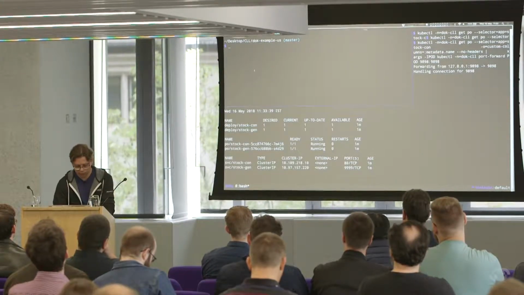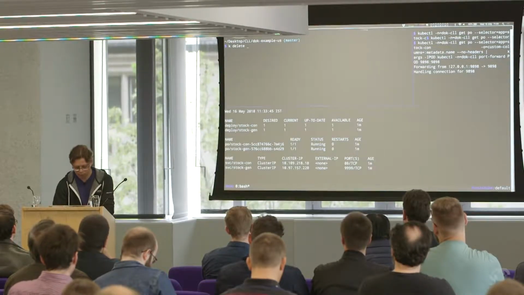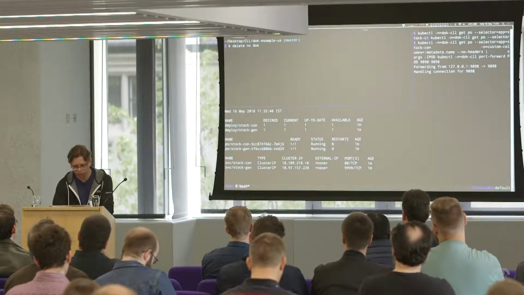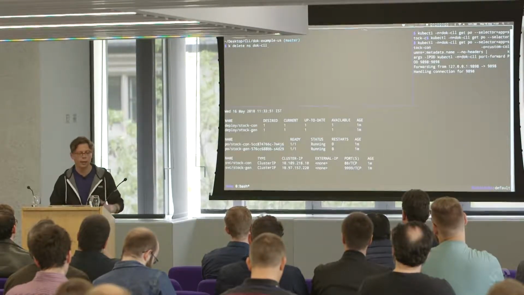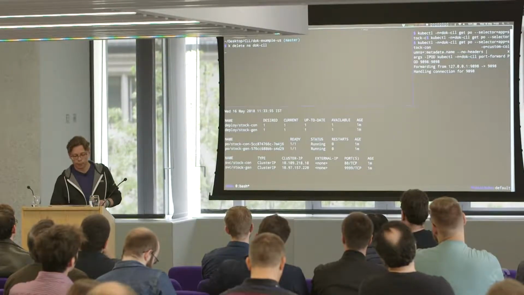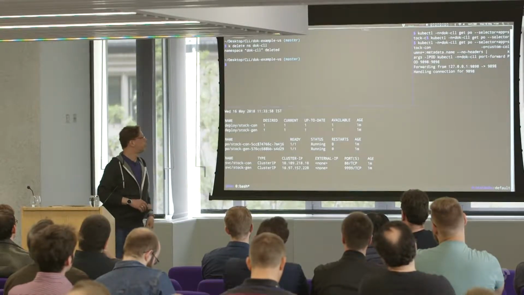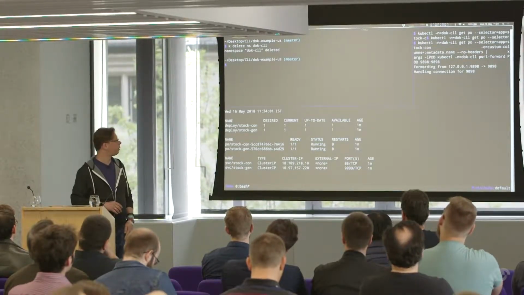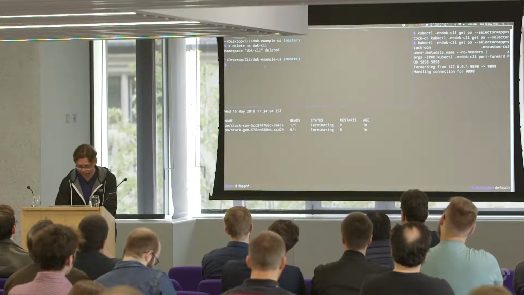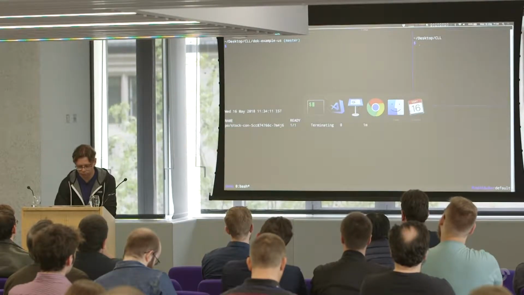Let me quickly delete the namespace here. That's another great thing about namespaces, that as soon as I delete the namespace, all the resources within that namespace are deleted. So you would now see that these resources essentially go away after some time. There's some garbage collection going on, so that takes a little bit. So let's switch over